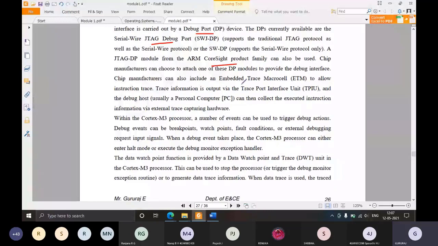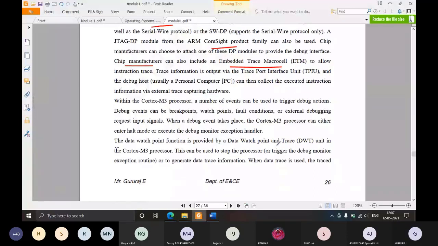Another debugging feature is the embedded trace macrocell, which is introduced by chip manufacturers. This is not introduced by ARM, but it is used by chip manufacturers according to their design. Because along with ARM, they also have to check the peripherals connected, the external memory connected, the external I/O devices connected. How will you debug those? Using this embedded trace macrocell. Another function is